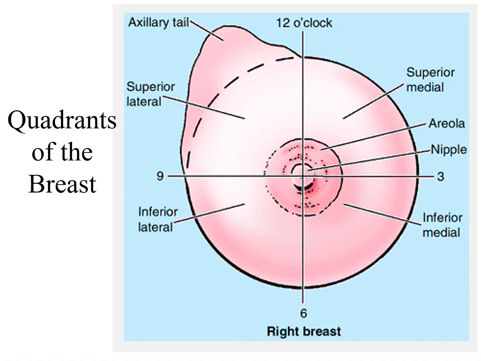So when we talk about the lymphatic drainage of the breast, which is very important in terms of the fact that carcinoma of the breast occurs due to lymphatic spread. So this is a diagram of the right breast. What we see, we divide the breast into four quadrants. We draw a line from the 12 o'clock position to 6 o'clock, and from the 3 o'clock position to the 9 o'clock. That means vertical and transverse imaginary lines.